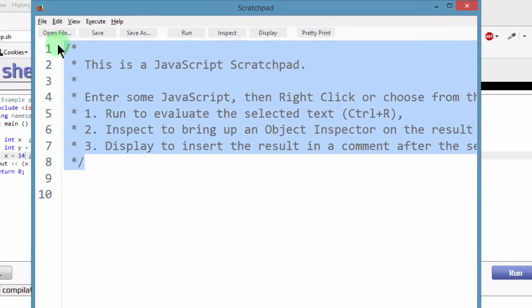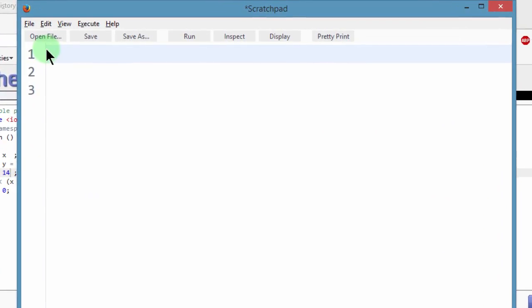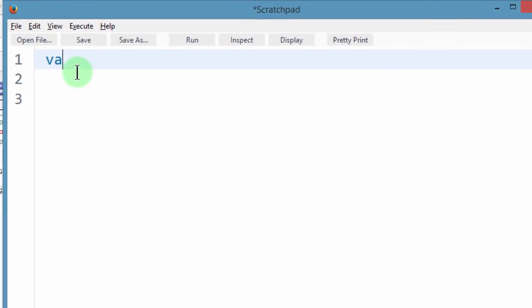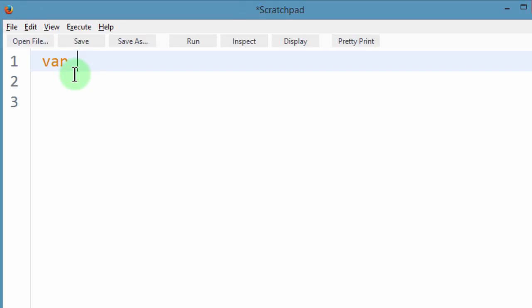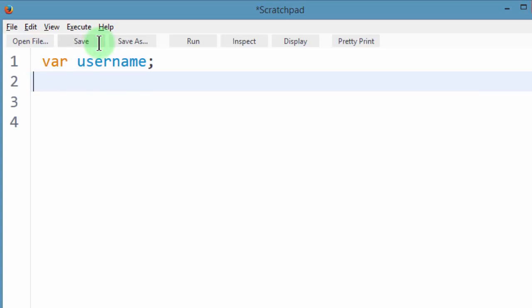Now, in JavaScript, I can declare a variable with var. Let me declare a variable var username. So this is a declaration. You can declare the variable and then give it a value later on. For example, since I've declared the variable username, I can now give it a value: username is equal to